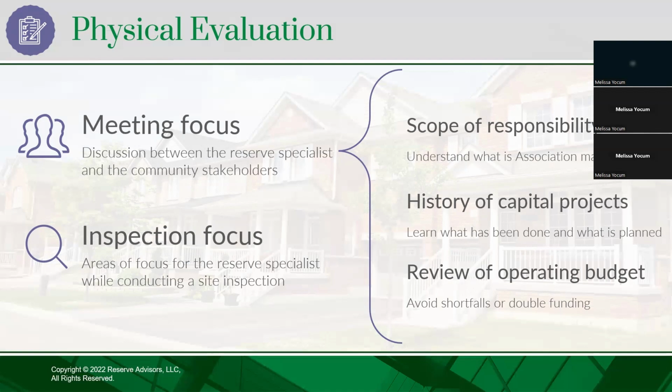And then we're also going to want to review that operating budget. So we're going to pull out your current year contributions right from the budget. We're going to plug in those actuals and begin our recommendations in the following year. But then we also want to review the budget to make sure that we're not double funding things. We don't want to show expenditures from the reserve account if you indeed fund them out of operating. But we also don't want to assume that you're funding them out of operating when you intend to fund them from reserves. So it's to really create that alignment and make sure we're all on the same page with what the association is responsible for and then how you pay for different projects.